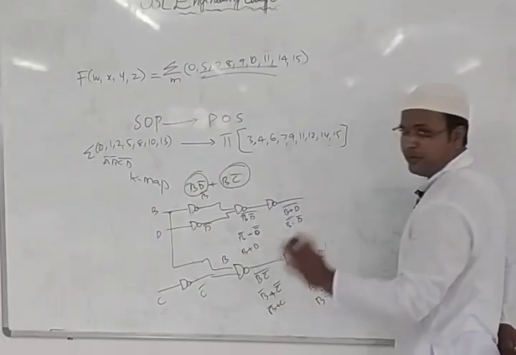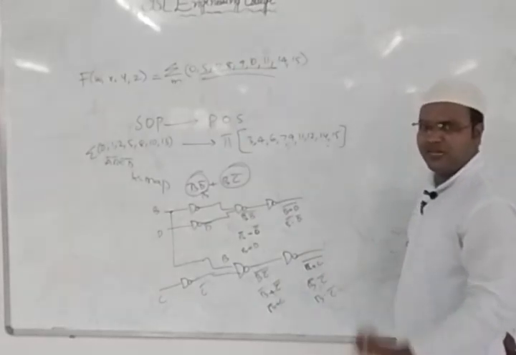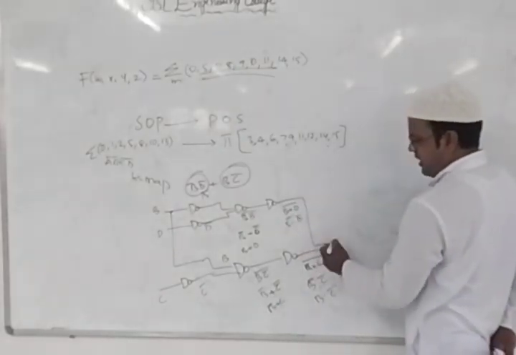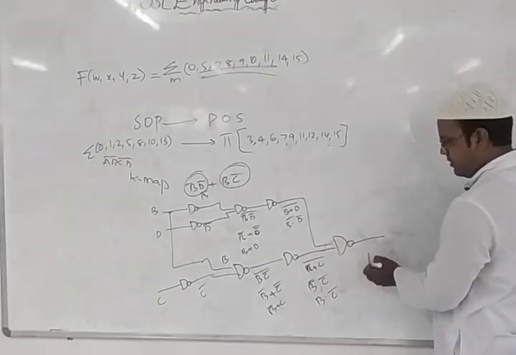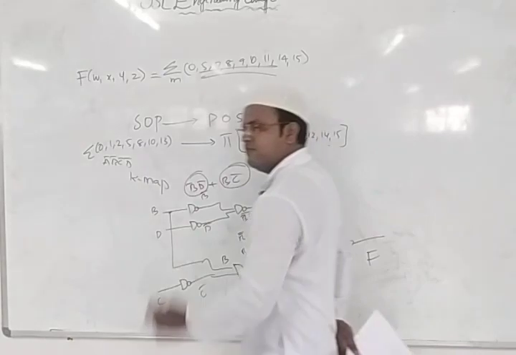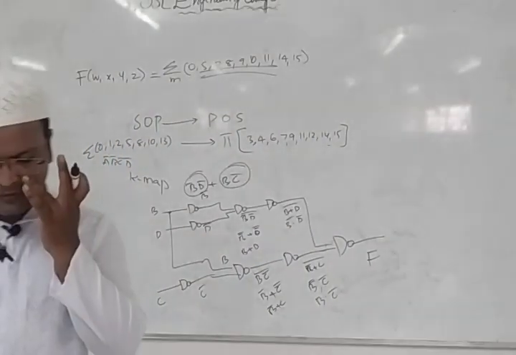I am assuming this answer is this, not exactly this; I have only taken it as an example. Clear? This thing and this thing you pass to one NAND gate, and you check whether you are getting the given function or not. So this is the way this problem can be done. Likewise, we have the next question.